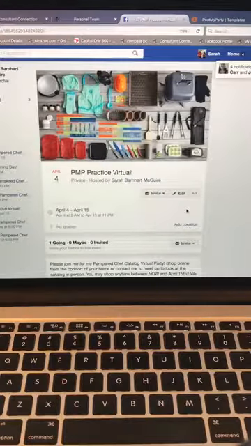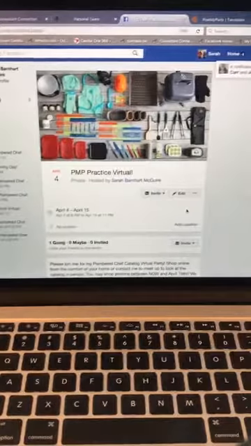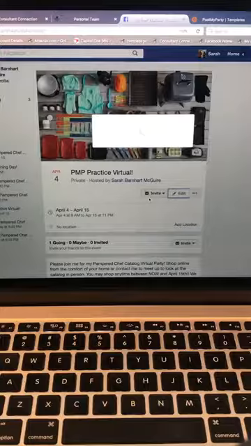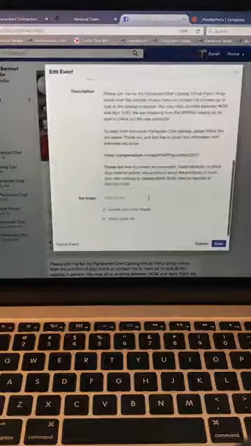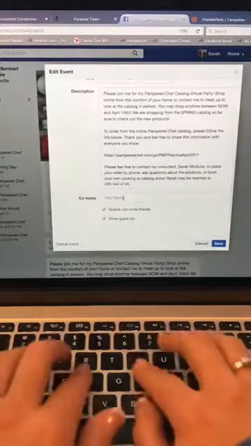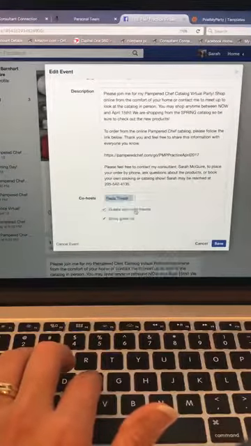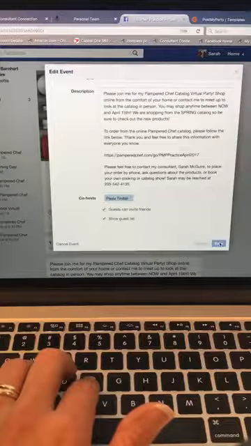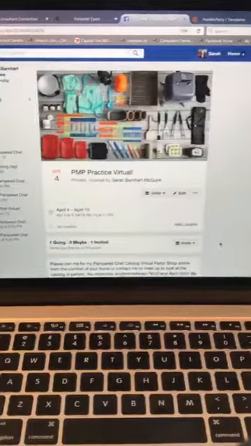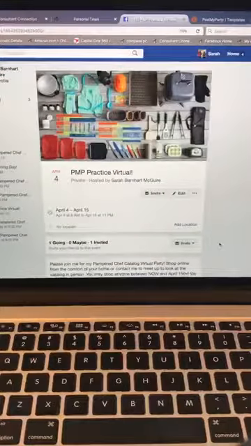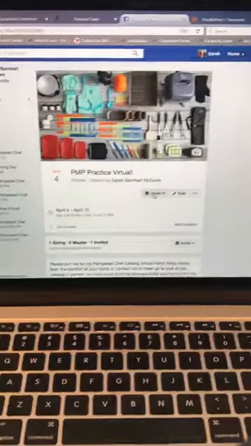All right, so now I'm the host of this event, but I need my actual host to also be the host. So I could go in here, click Edit, and we'll act like Paula is the host of this event. So under where it says co-host, I will type Paula Tyndall and then click Save. That's going to notify Paula that her party's been set up. She's going to get a notification, and then she will go in here and she's going to invite all of